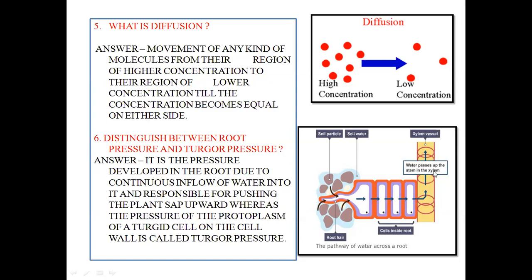And after that, when it reaches the xylem, the transpiration pull just helps in the process of ascent of sap so that the water and mineral can reach up to the leaves. Now, when the water continuously enters the root cells due to continuous cell-to-cell osmosis, a pressure is developed in the root cortical portion of the root that helps in pushing the water inside.